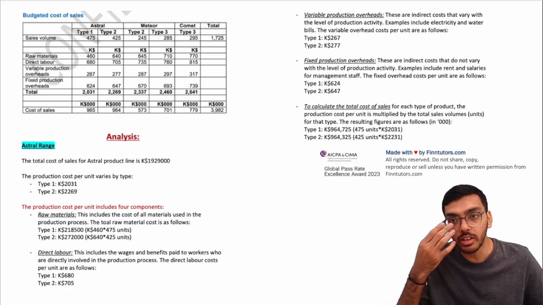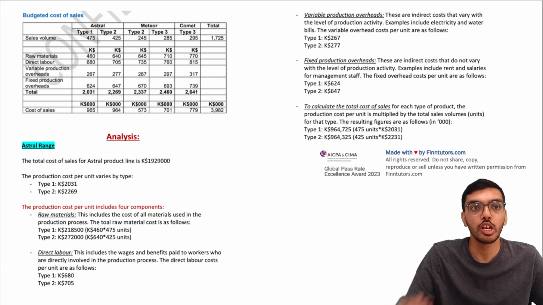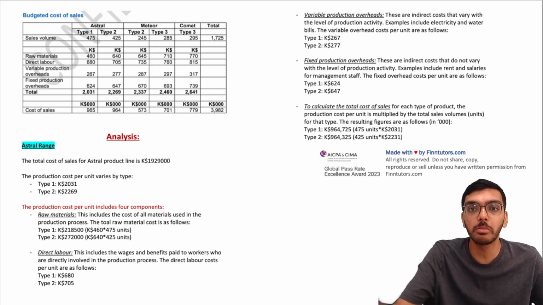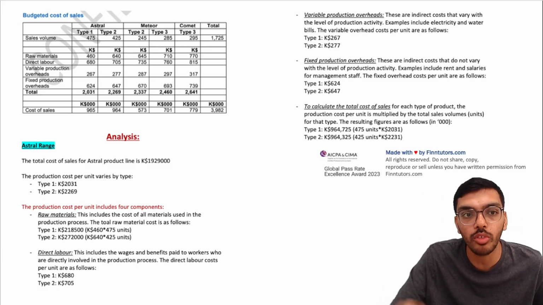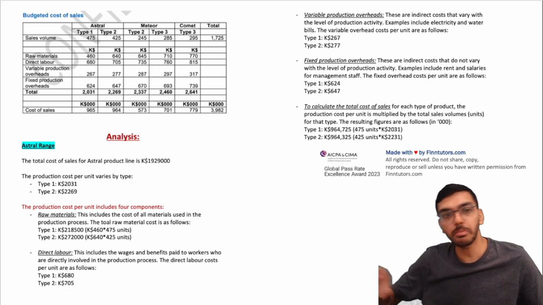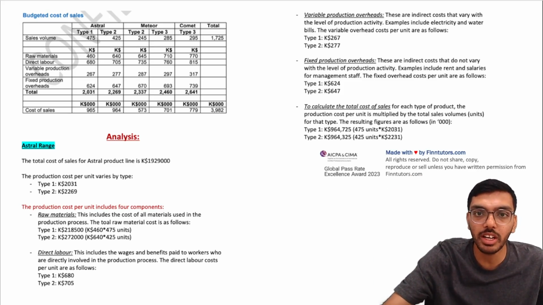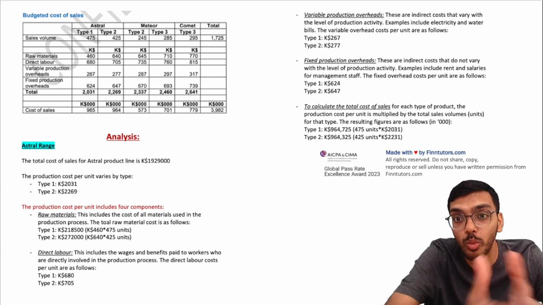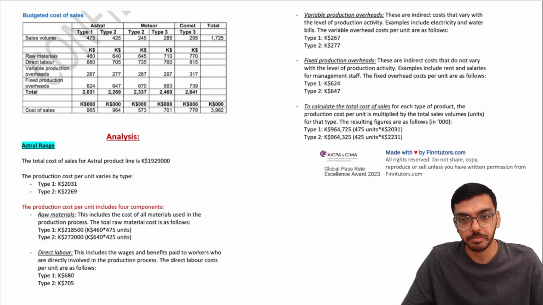Same way, for the direct labor, they've said that more mechanization can be brought into this process. So if more and more machines are added, your variable production overheads will be more and more. So to understand this in a better way, a new costing system is on the horizon. In my deeper analysis, we have done the same for the Astral range, for the Meteor range, for the Comet range, one by one. But again, this is a synopsis, so I'm helping you understand what this table is all about, what this budgeted cost of sales that they have given is all about.